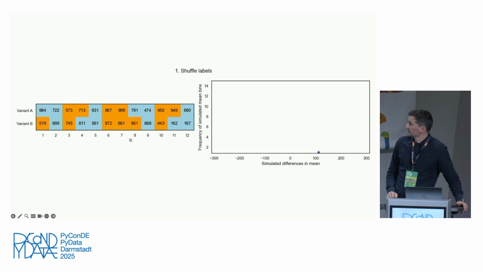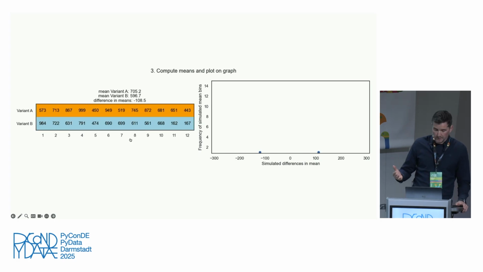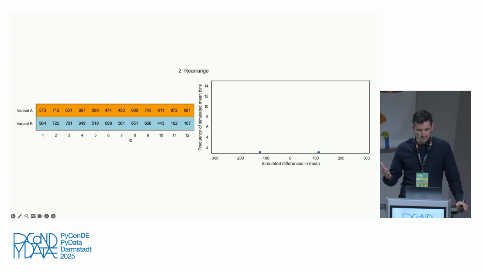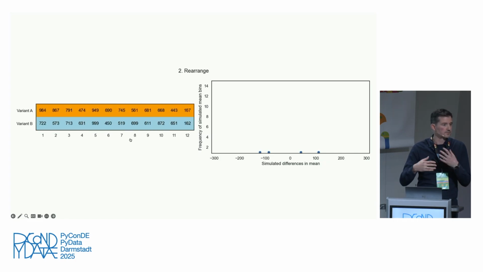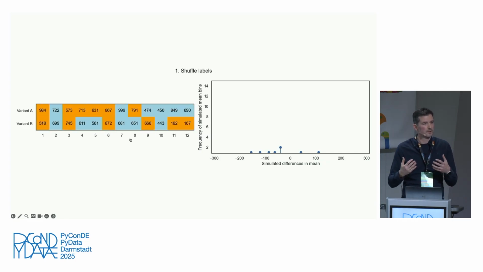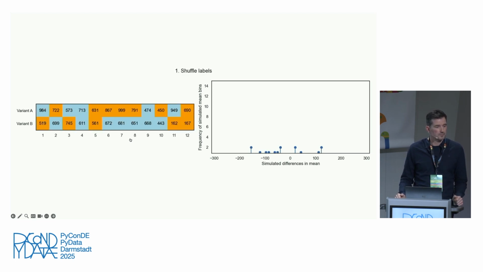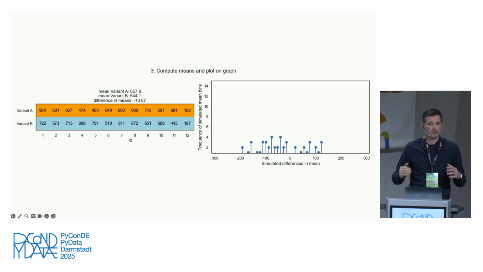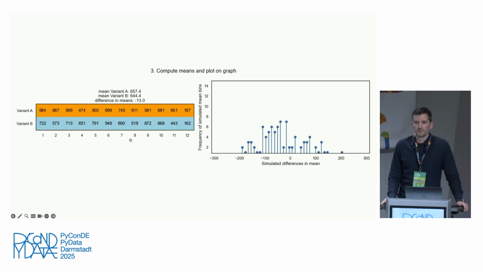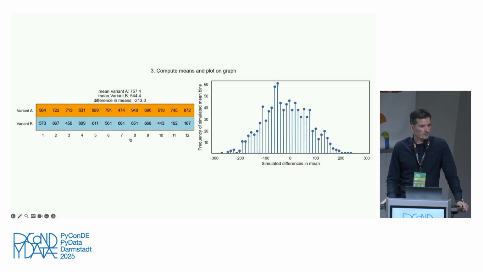video. So what you can see is you shuffle, you rearrange, you compute the means, and then you plot it on the right. So you shuffle. This is for each iteration. You do the same thing. You just remember what was the mean that I computed for this particular iteration, and then I plot it. And what you end up doing on the right is basically building up a distribution, right? So this is a distribution of the differences that you would see in the means if A and B were the same thing.